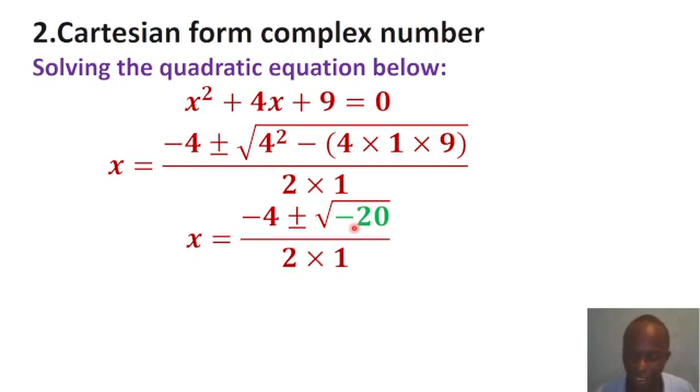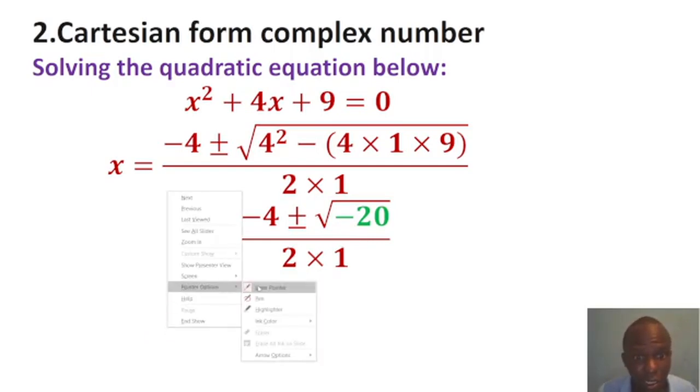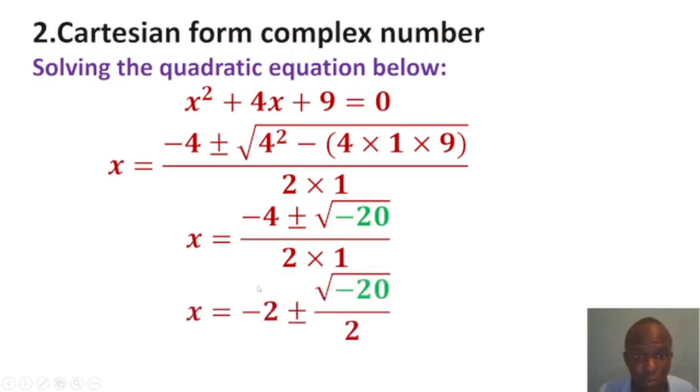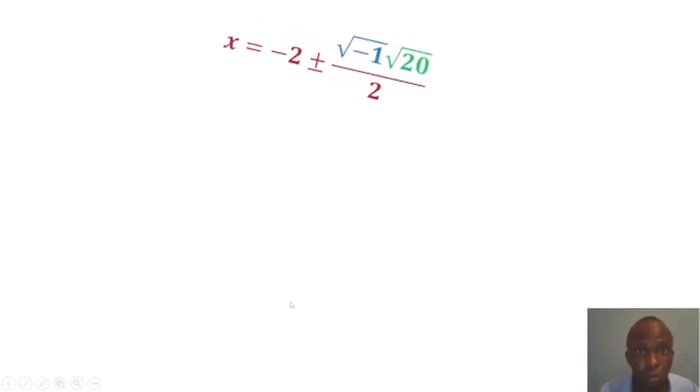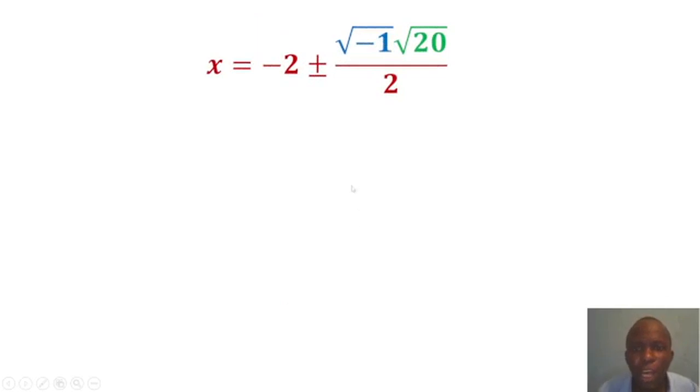What are they? Let us look at the next steps. So x is equal to negative 2 plus or minus square root of that. So let us see how it's solved. Now, the reason why I've decided to factor out negative 1, because you know that negative 1 times 20 is negative 20, is so that we get